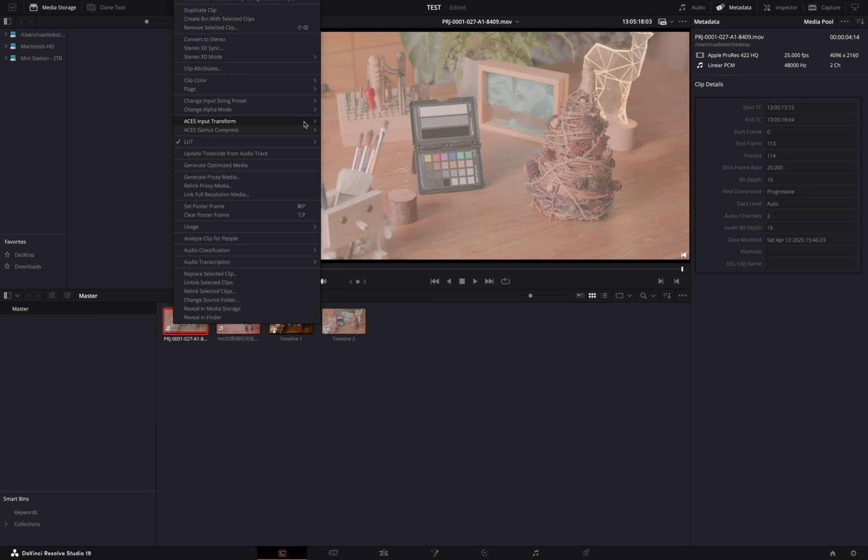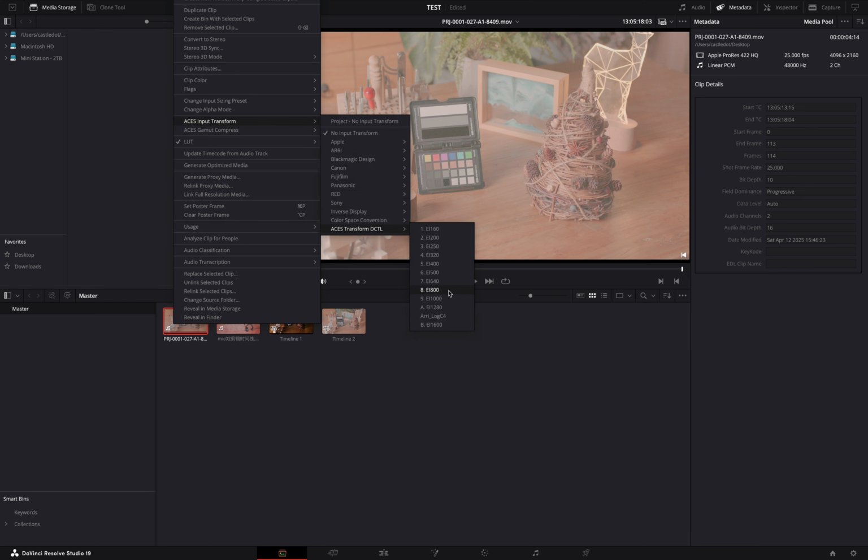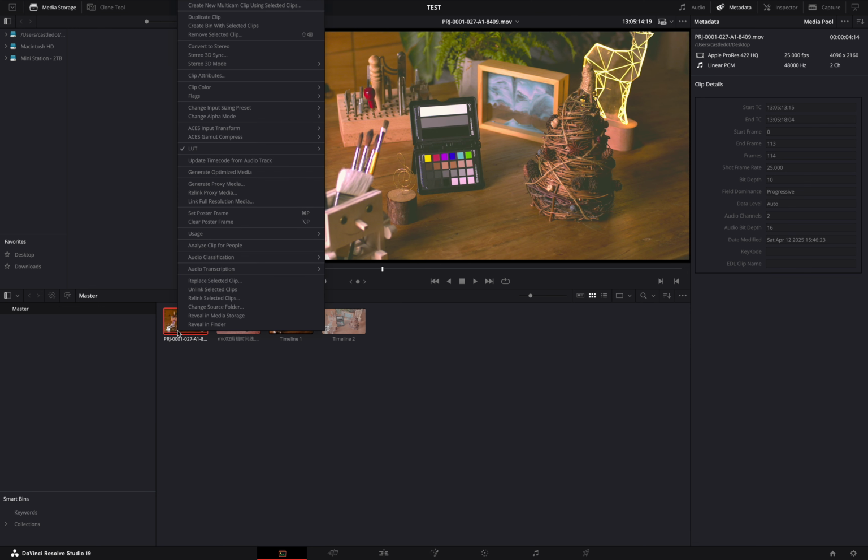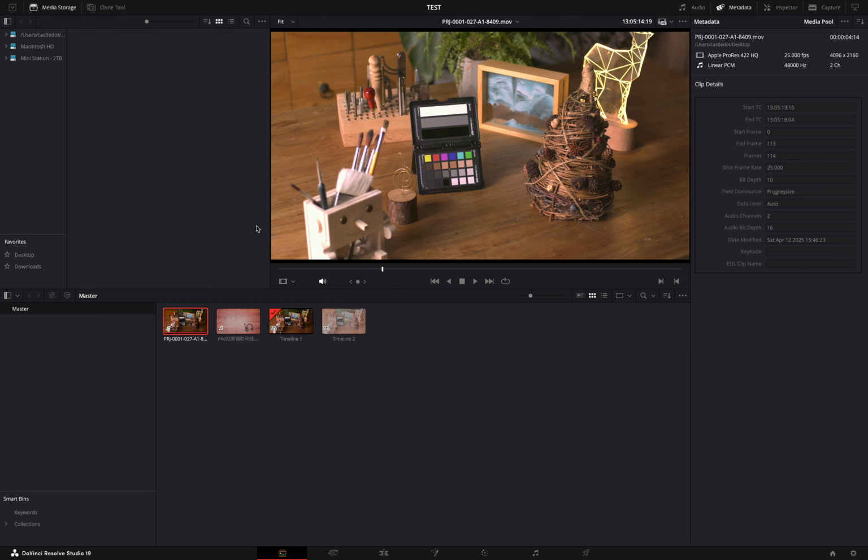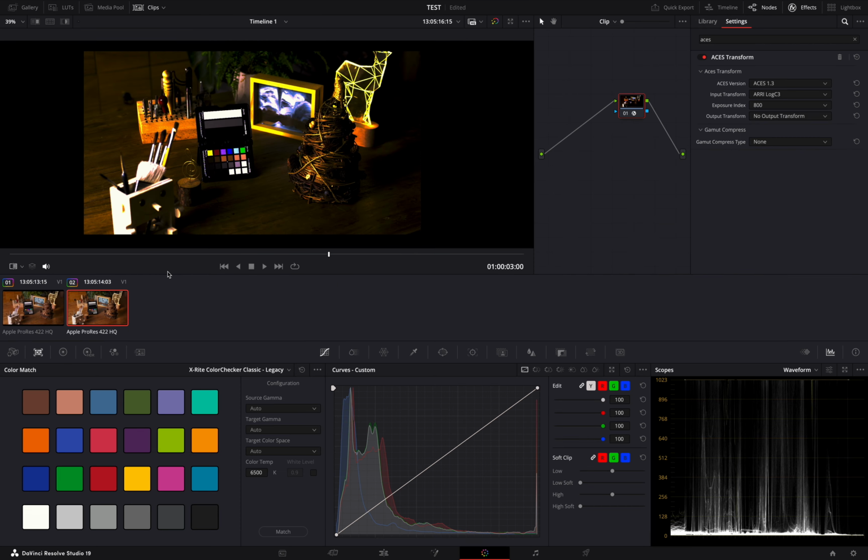If you use my custom profile without the LUT, it gives you an ordinary, simple feeling. It's much more simplified, but the only difference is